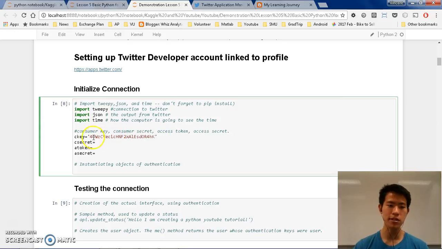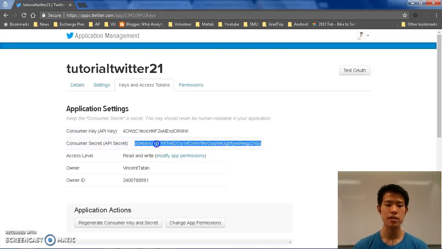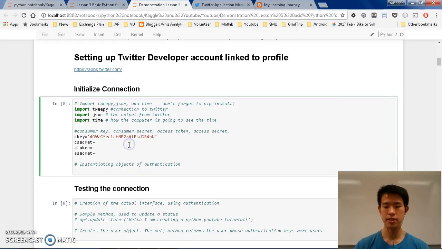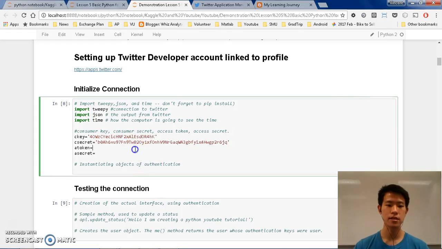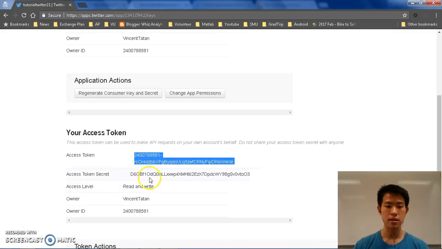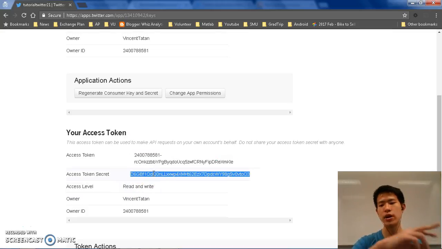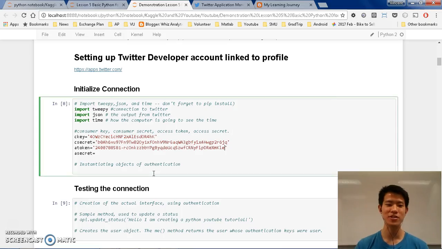Make sure that you have this code. It's a string, and consumer secret. Okay, do the same thing with the others like access token. So just double click on it and then you will highlight the whole thing, so you don't need to click and then drag. It's just one of the shortcuts and makes your life a bit simpler.